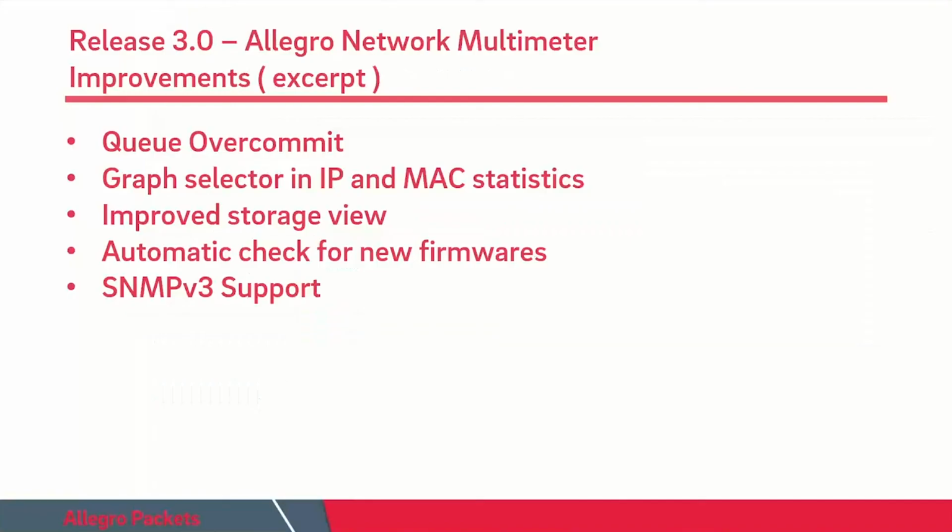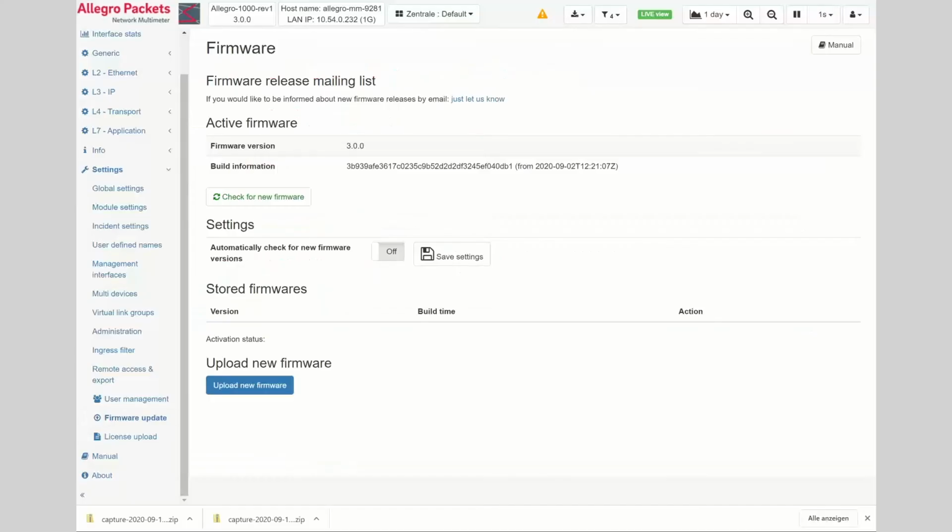Okay, last item on my list is SNMP v3. Up to now the Allegro had only support for version 1 of the protocol, but we got a lot of requests that we need to support version 3 because of compliance regulations, as v3 allows a lot better integration in terms of security because it's more protected, it's encrypted. And so we added version 3 support, which was now easy because we got new libraries with the updated base system and could eventually add SNMP version 3.